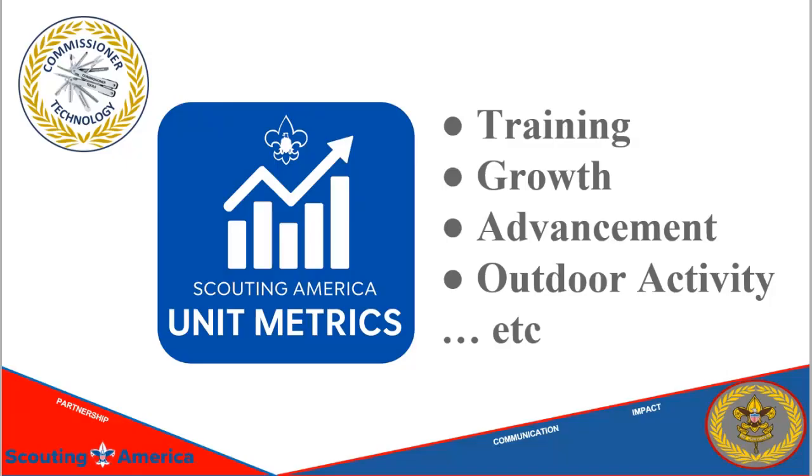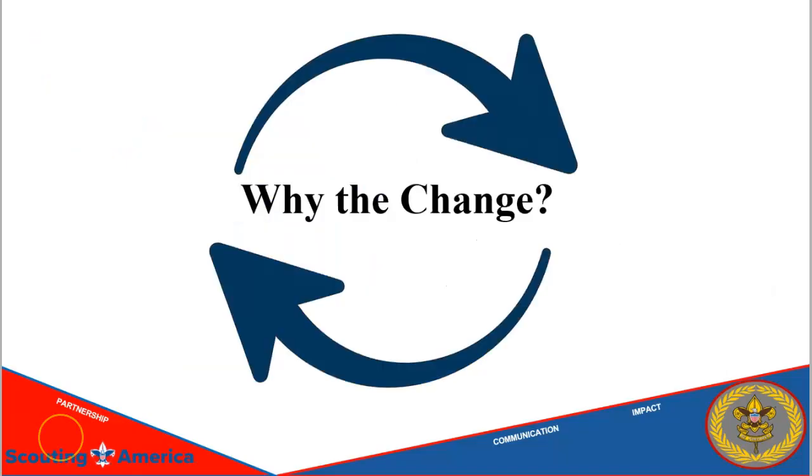The metrics are integrated into commissioner tools. Data feeds directly into commissioner tools, which makes it easy to track and take action based on objective unit status. So why the change? The old system of subjective assessments was not consistent and didn't always help unit leaders. With objective metrics as the starting point, commissioners have clear, data-driven insight into which units may need support.